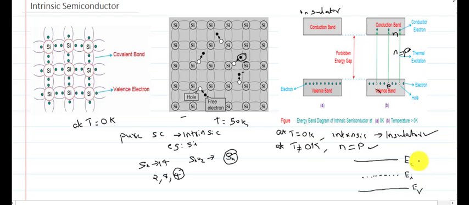Intrinsic level means it shows that the electron and hole concentrations will be the same. So EI will always be in the middle of the band gap. Between EC and EV, in the middle, we can draw another energy level that is known as EI, the intrinsic energy level. So EI indicates the electron concentration and hole concentration will be the same for an intrinsic semiconductor. This is the energy band diagram we are using in the coming lectures. So this is the energy band diagram of an intrinsic semiconductor: EC, EI and EV.